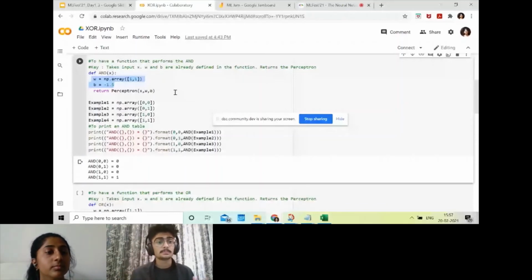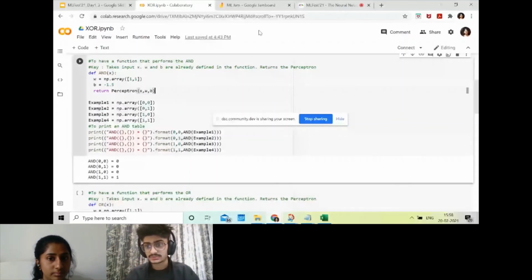So that's why this question can have multiple answers, and many weights and biases could give us the correct answer. So which weight should we pick, which bias should we pick, and how do we get these biases in the first place? Let's see that. So I think that answers some of your questions about why the bias is minus 1.5.